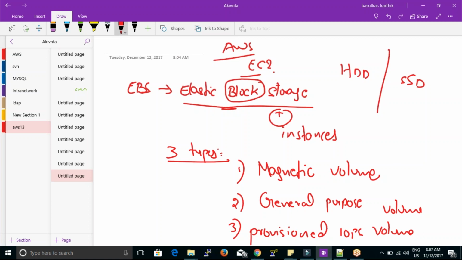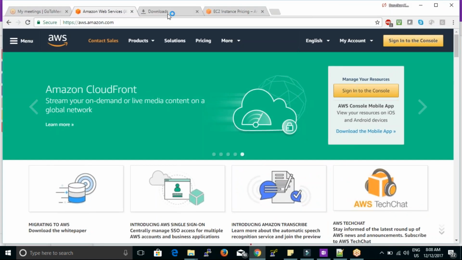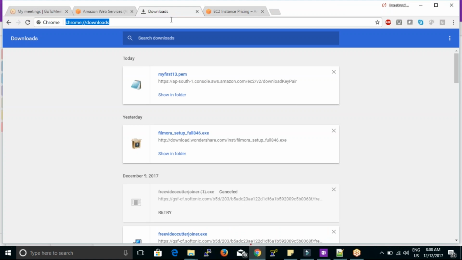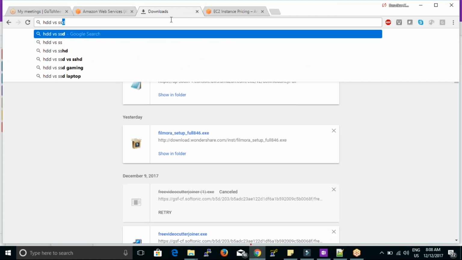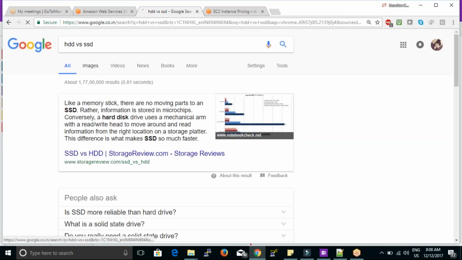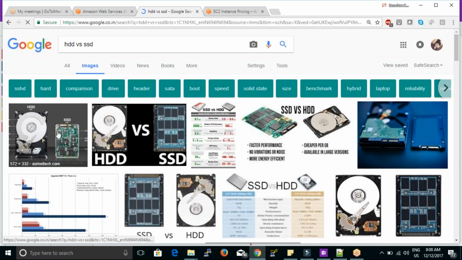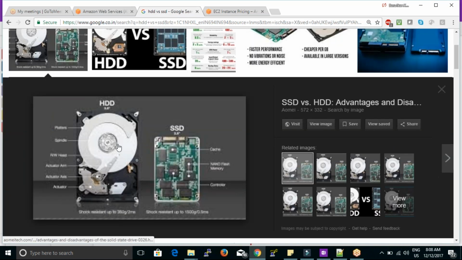It will rotate. You'll have a needle and the disk will rotate. Let me show you the picture. This is what it looks like, right? You'll have a disk and a needle which is moving over the disk for